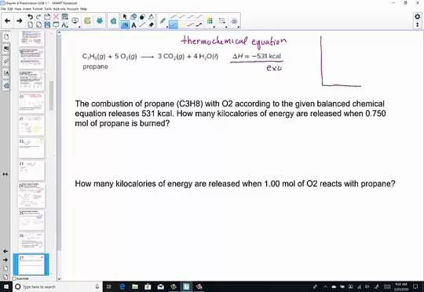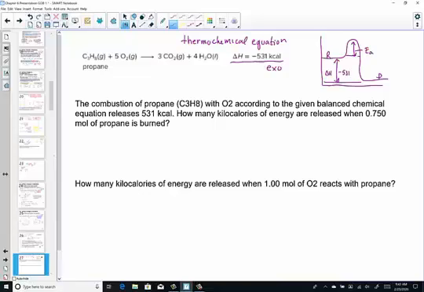Exothermic means the reactants go to products where the heat is being released. So as reactants turn to products, our delta H, the difference between the energy level of reactants to products, is negative 531 kJs. We'll also learn to define this area as the activation energy, E sub A, how much energy is needed to separate the reactants and products. But the delta H is the difference between the reactants and products. And we'll practice that in our section 3. I'm just seeding that so it's easier when we get there.